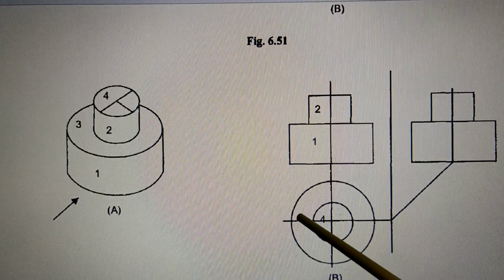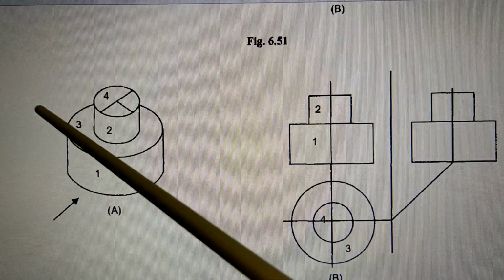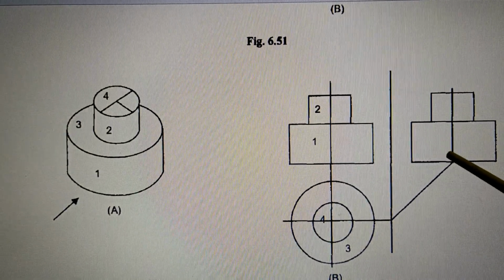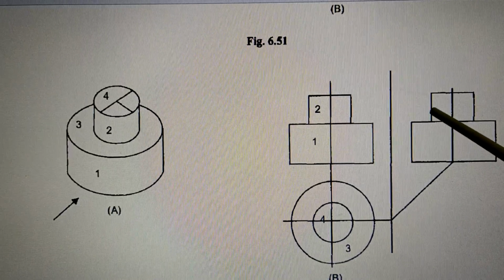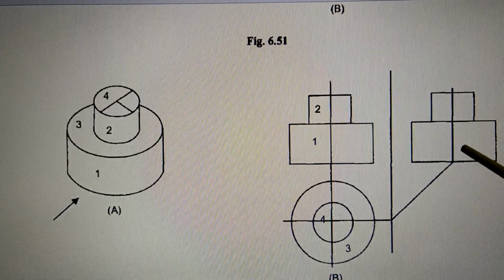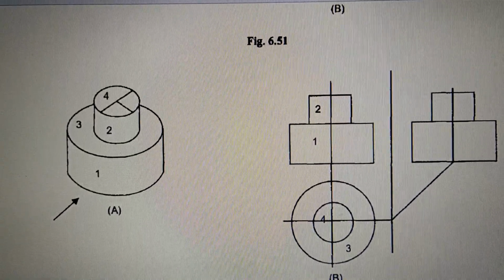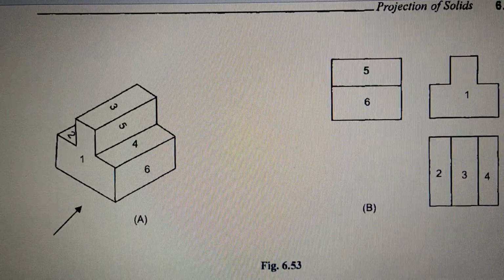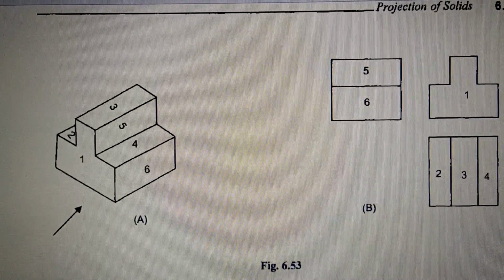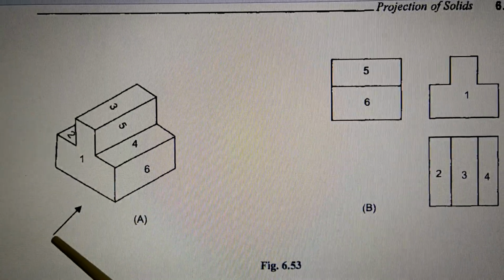Okay. And then when you see from the left hand side of this, so when you see from this direction, that time you will see again shape like this and shape like this. So maybe you can say this is 2 and this is 1 again. Okay. Now look at the next figure. Now in this figure the object is like this, and you are going to look in this direction.